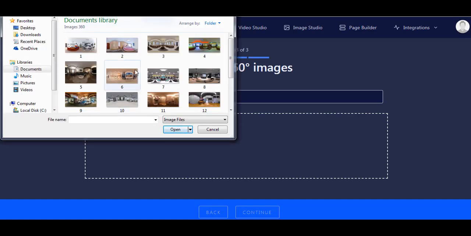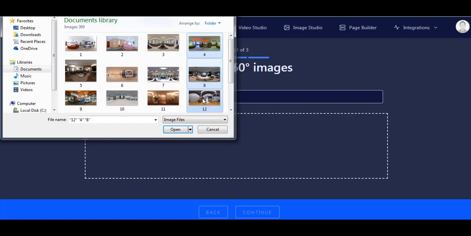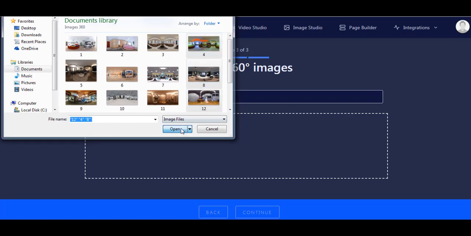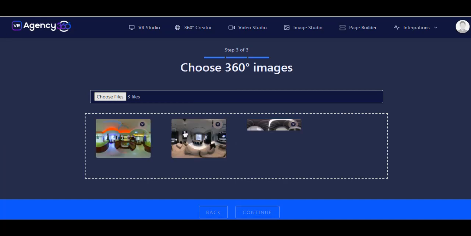So right here I have several collections of our 360 images which I could pick. So you can go ahead to select images you have right there. So you could select as many images as you want to add in your virtual tour. So let's just leave these 3 images, and once I hit on open, it lists all my selected images right